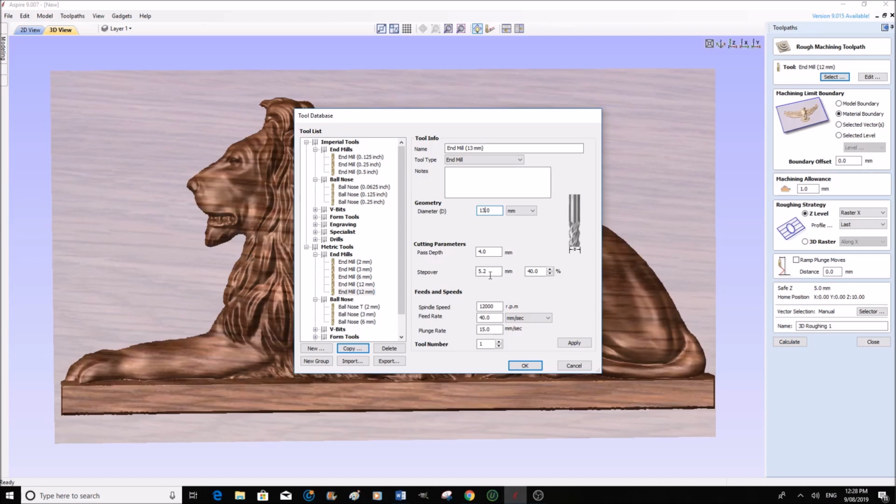Now this is the rough parameters of the cutting for this particular tool. So what I like to do is use 3mm as a cutting depth. We can alter this in the program after we've selected this tool if we wish. Step over 5.2. I normally like to do, let me see, 4mm in this particular case for this particular tool. That's fine. Speed 12,000. Well, there again, we can alter this in Mark III if we want, but I'm going to say 15,000